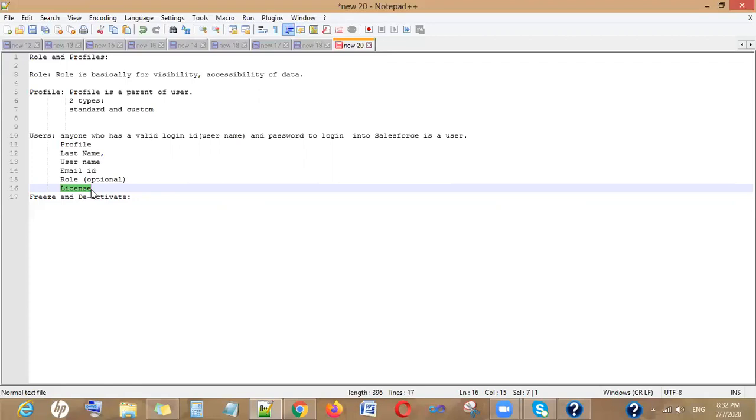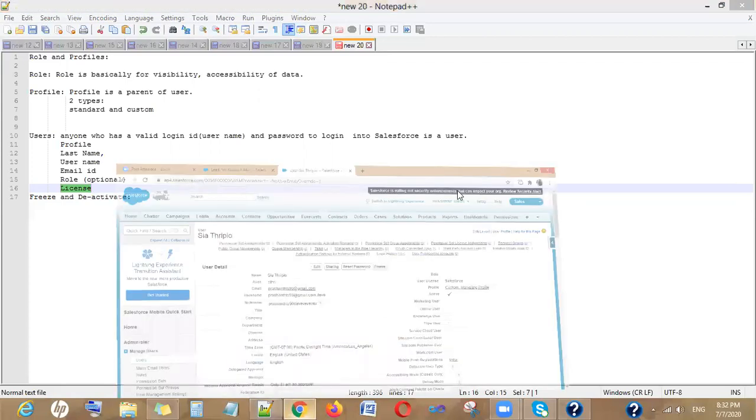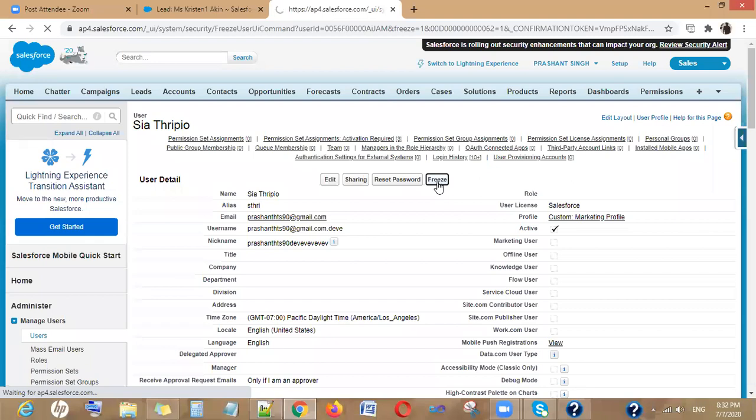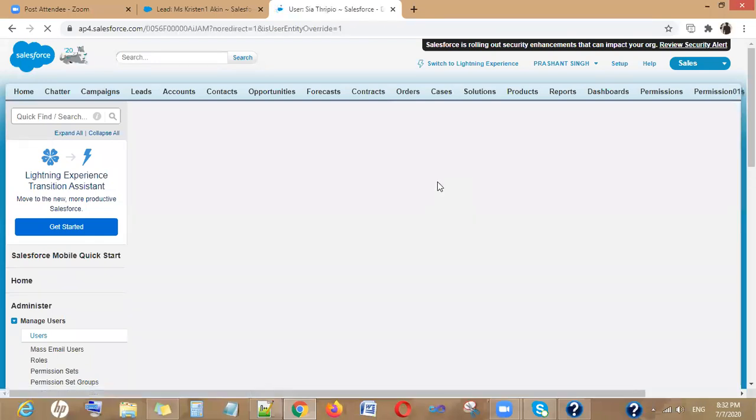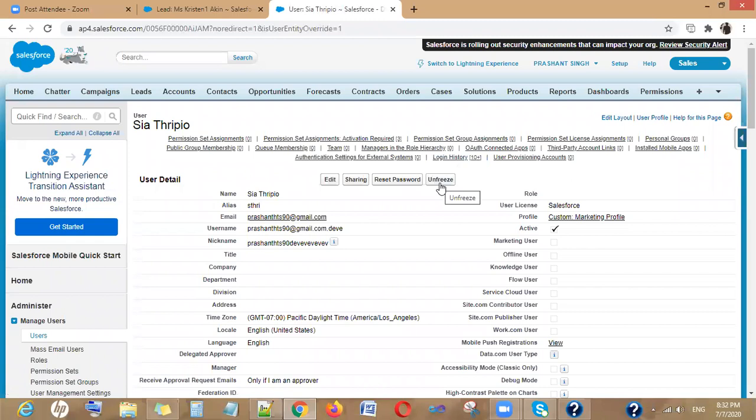After the 3 months, after passing the examination, the user comes back and rejoins the organization, and the system administrator will click on the same button, like the first time the system administrator froze the user. Now this user will not be able to log in.